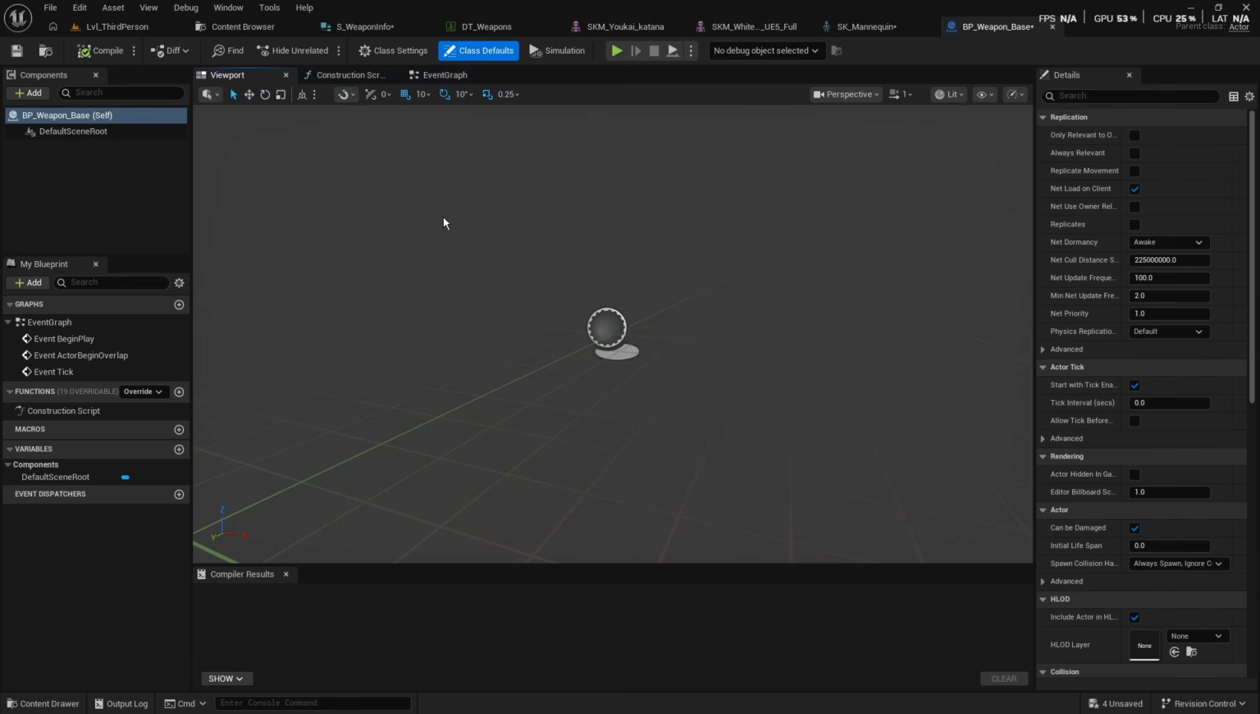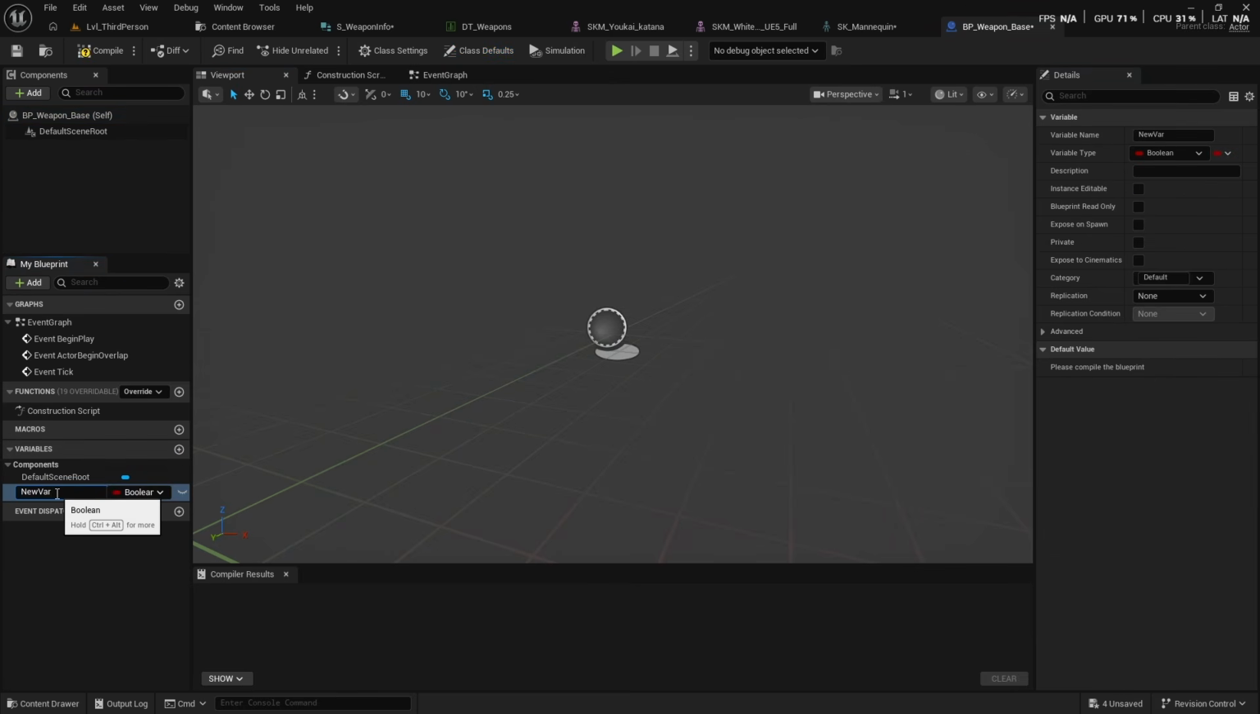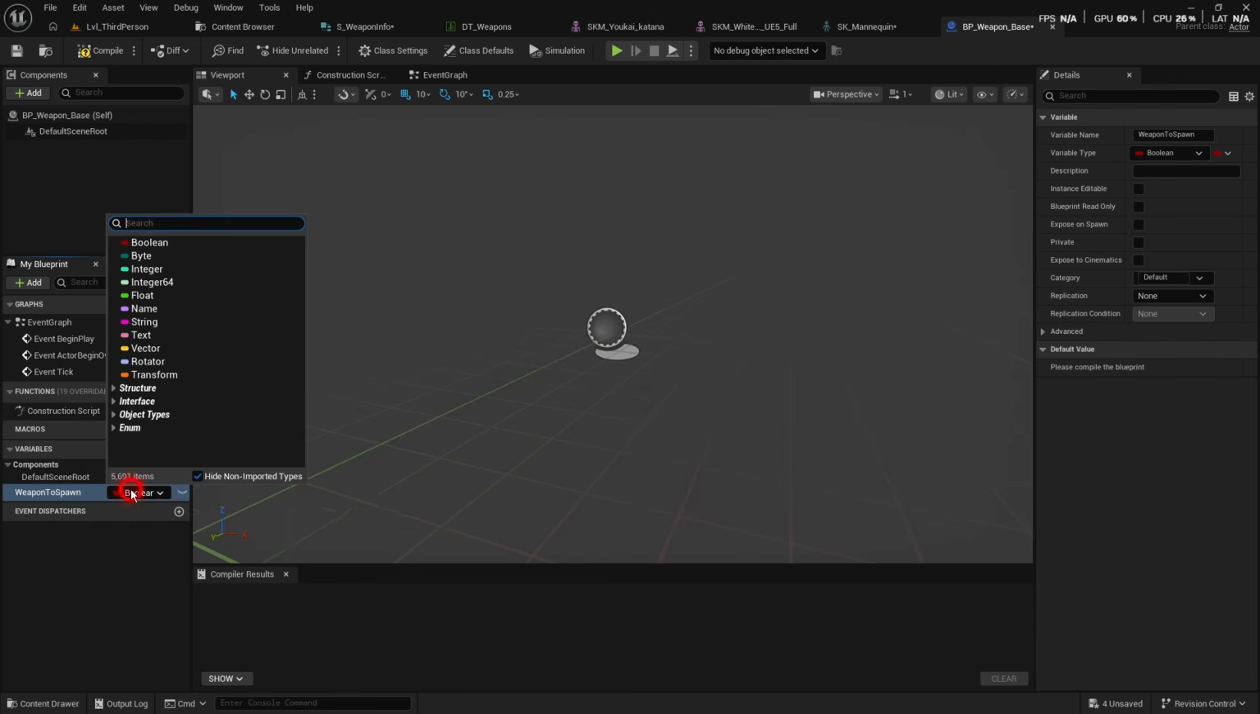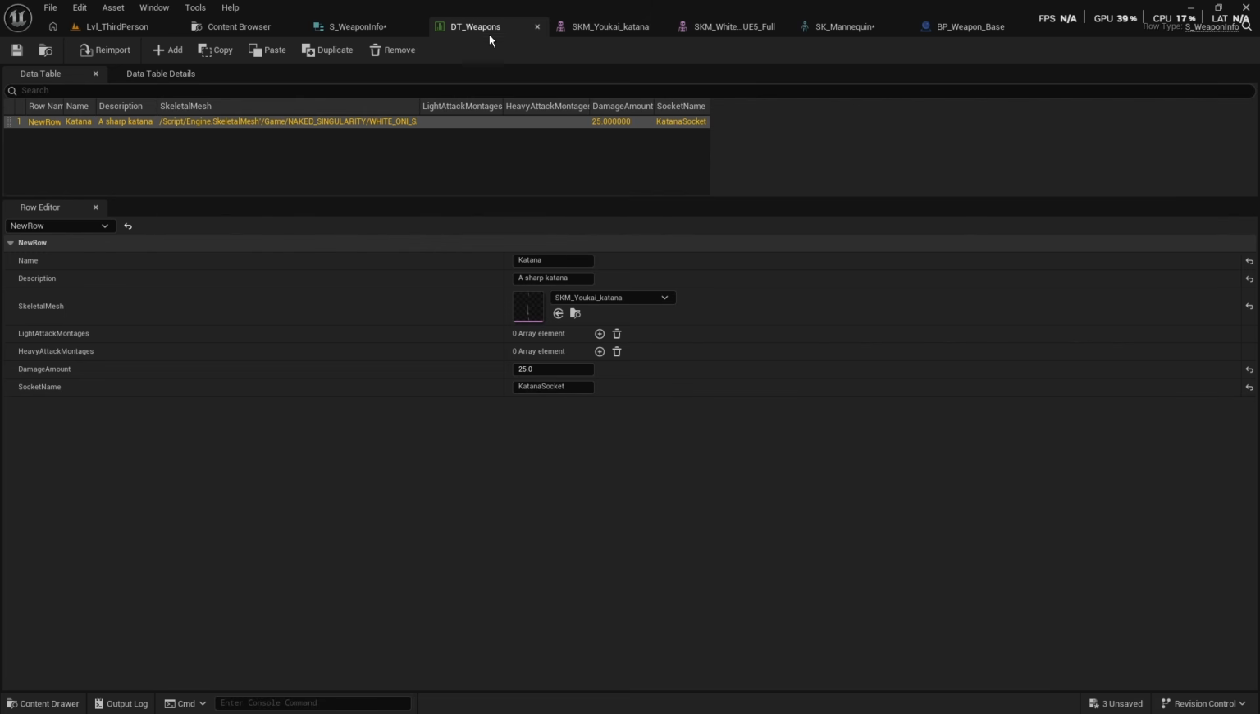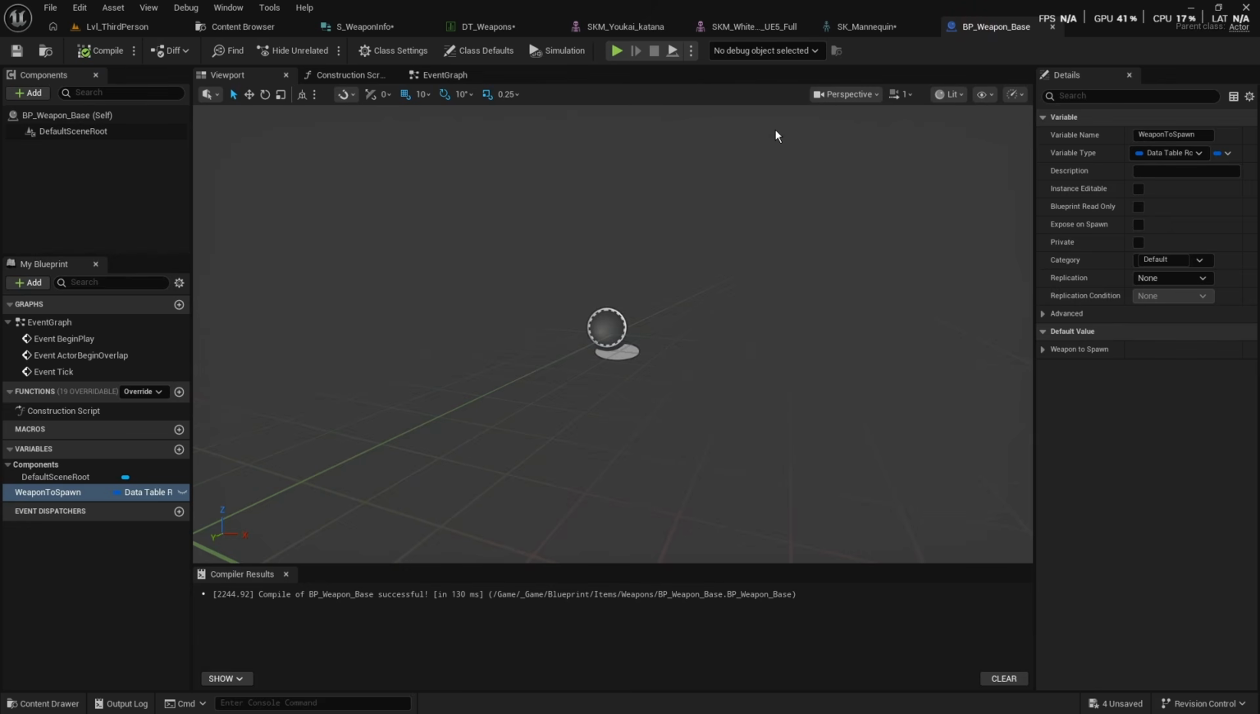And to get the data from the data table, what we need to do is add a new variable. Let's call this weapon to spawn. And this is going to be of type data table row handle. There we go. And actually, have I put... No, so if we go back to DT weapons, we need to change the row name to katana or whatever weapon you're using. And that's important because then we come to our BP weapon base and we head over to